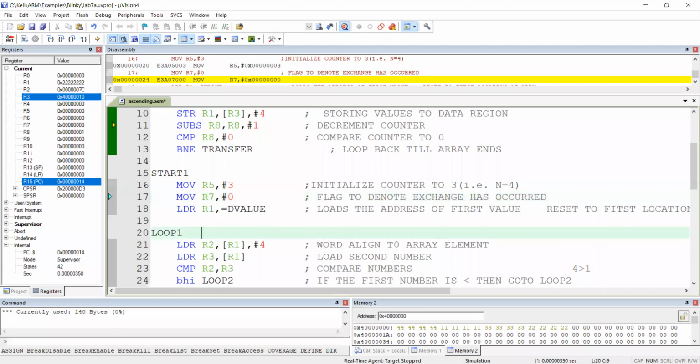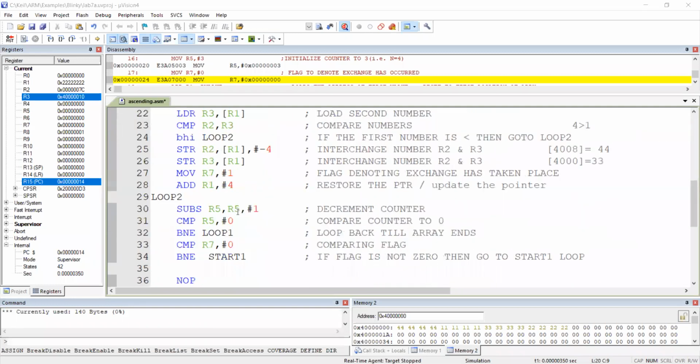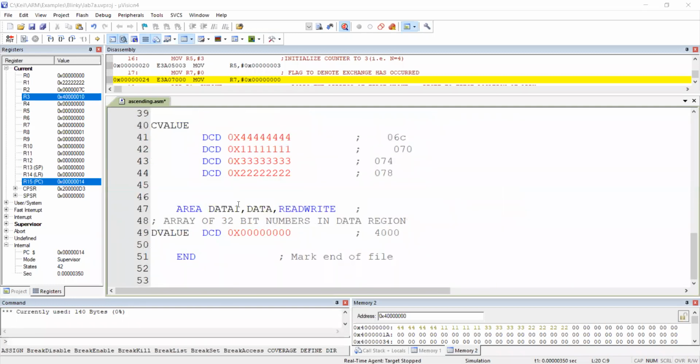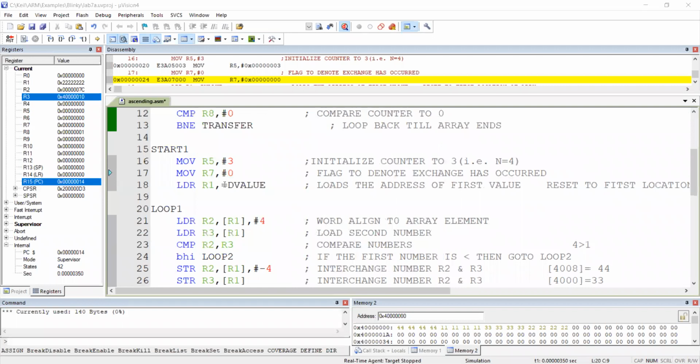Now, why am I using the address of d value? Can anybody give the answer in the chat box? Why am I using the address of d value? Why not c value? The explanation is the same. C value becomes read only, whereas the d value array is in data where the read write option is allowed. Hence I am taking the address of d value.